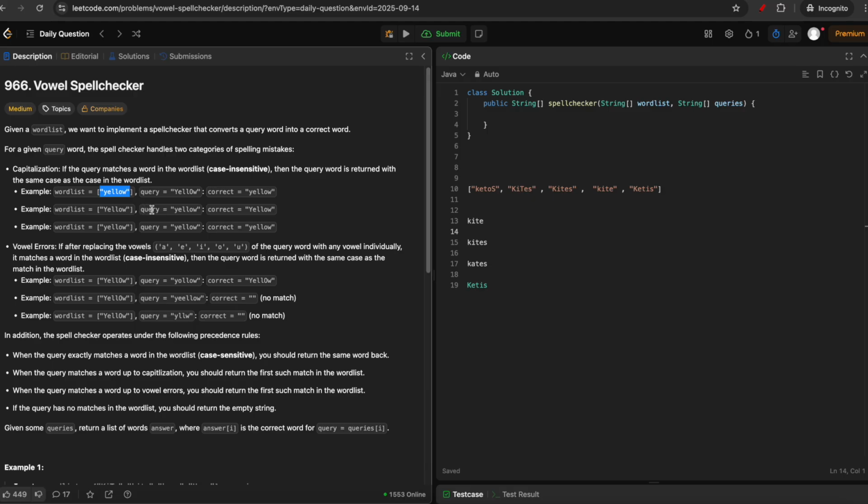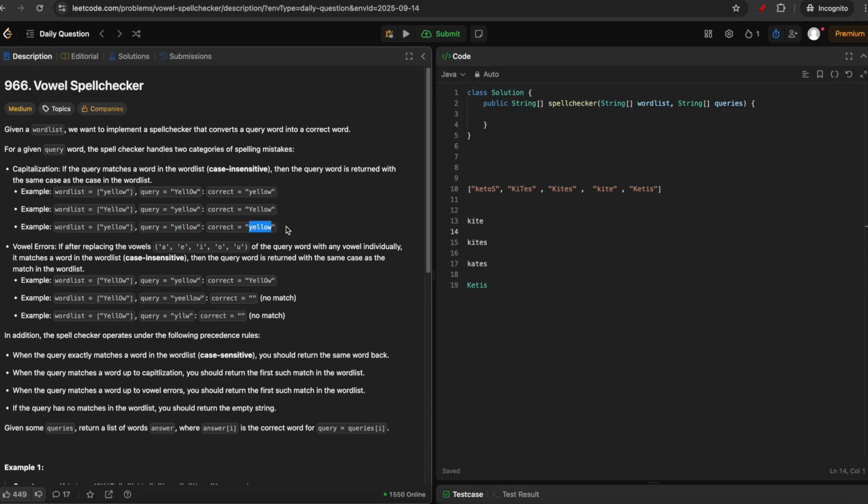Another example is in the word list we have yellow, so we can convert this y to capital Y, and then it becomes equal to the dictionary word, yellow. And another example is yellow all in lowercase, so this exactly matches what's in the dictionary,